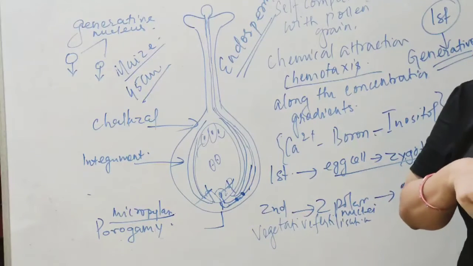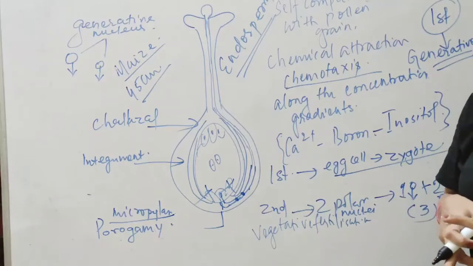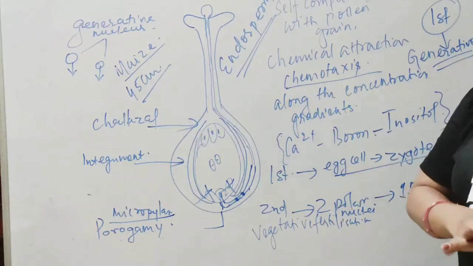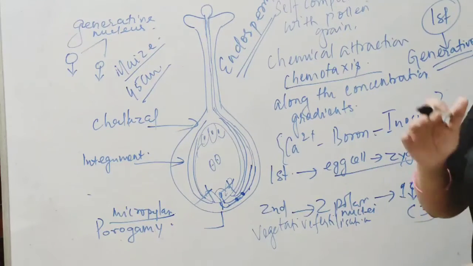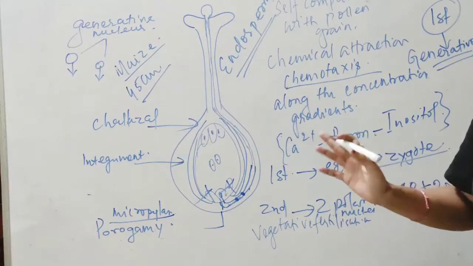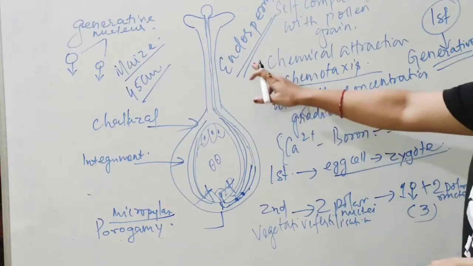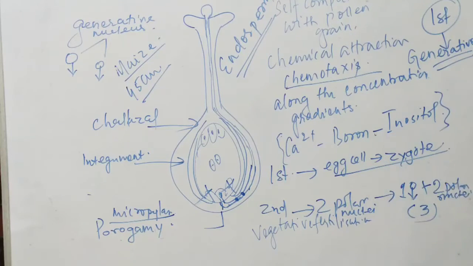The ones in which endosperm will persist, it is called endospermic seed. The ones in which this endosperm will not persist, it is called non-endospermic seed or exalbuminous seed. We also use the term exalbuminous. Now coming over here, vegetative fertilization gives you the endosperm, which again has the most important function of providing the nourishment to the seed after fertilization.